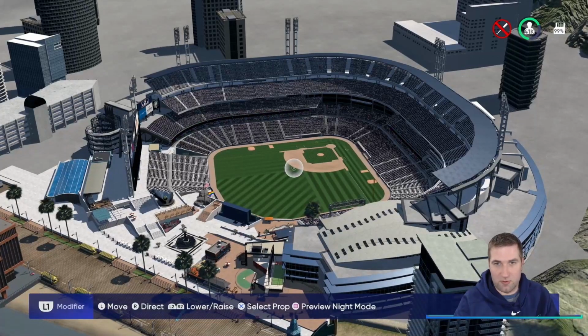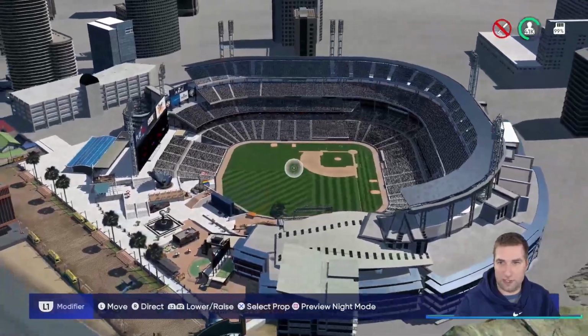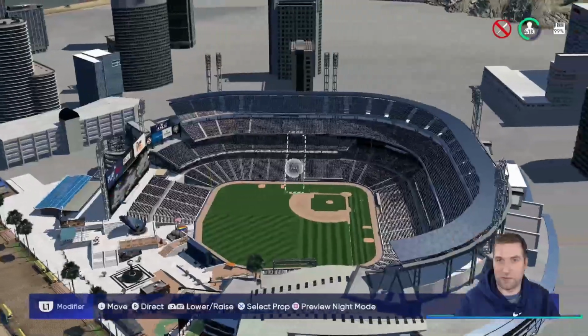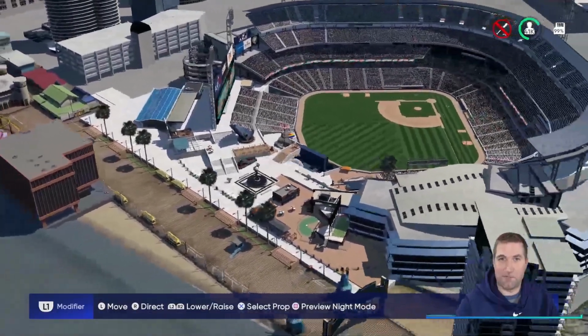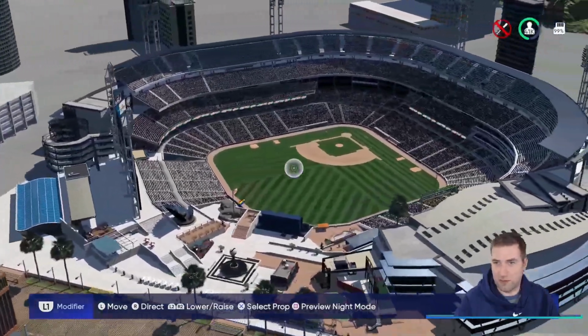They're not going to go higher. So that's just something to keep in mind, and that's usually why the seating is packed in toward the front. So you can build more stuff in the back, beyond the outfield in those ballparks, so more things to attract people to the ballpark. Another thing that you're going to want to put